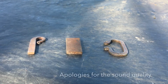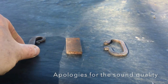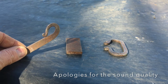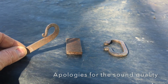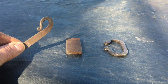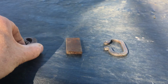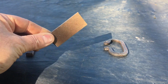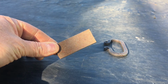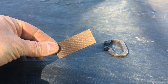We use three types of steeling screws. This one is a copy of a Viking fire steel, made by a local artisan smithy, and this one's made from a plough disc that we found in the bottom of the wood. This one is a piece of old metalwork file. You buy these from the car boot. They are £1, £2, and you just put them in a vice and break them into 4 or 5